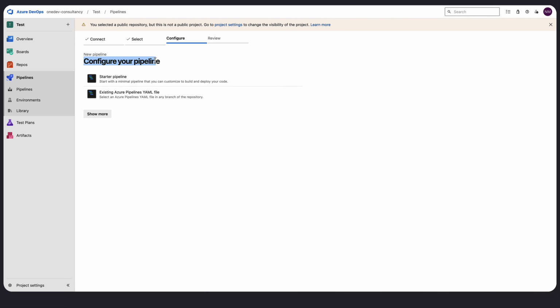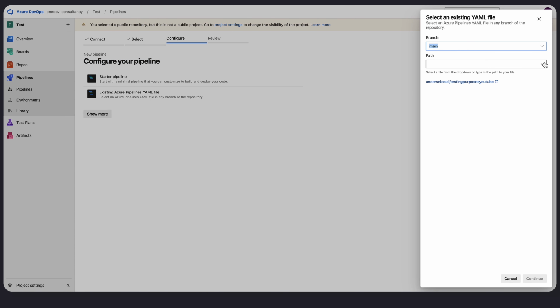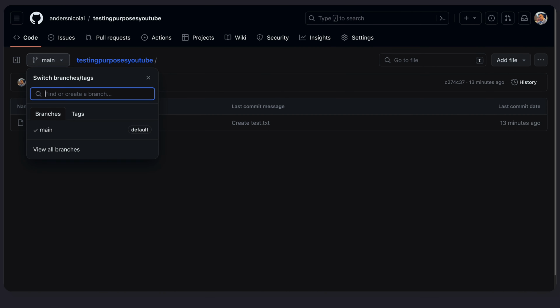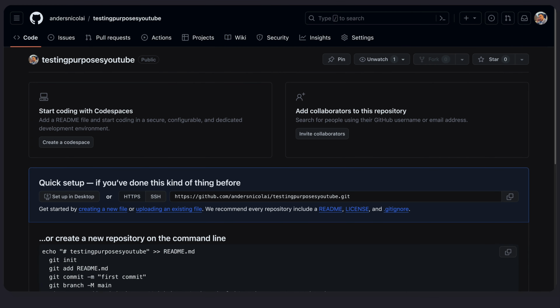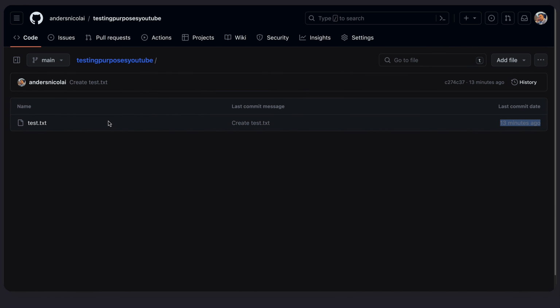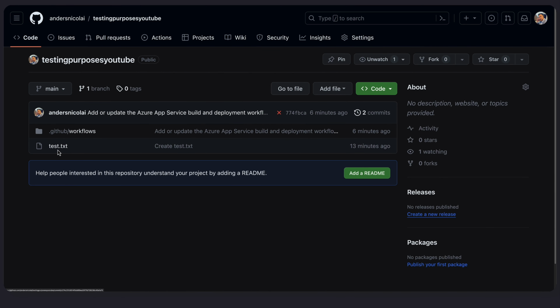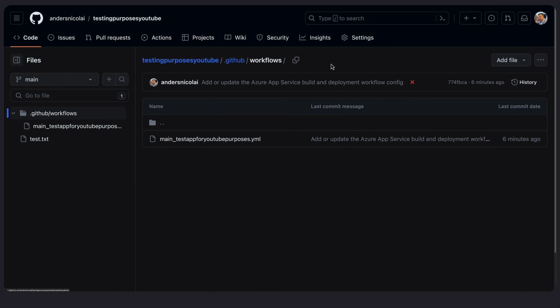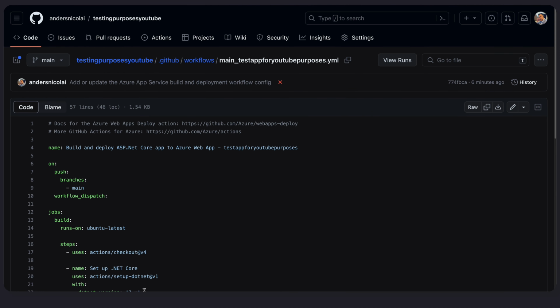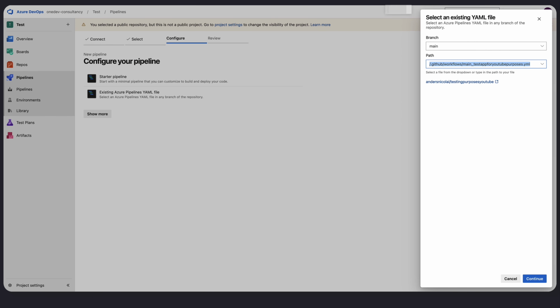You can see we can configure a pipeline for a starter pipeline or an existing Azure Pipelines YAML file. Let's take a look if we have any existing. Yes, we do have. You see it comes up here, the main test app for YouTube purposes, which is the one that got created when we created our web app, which is the one we looked at. Let's just update this. It's here, GitHub workflows. Notice that it says .github, which means it's hidden, and click on this file. Here we have it, and this is the same file I'm now interacting with using Azure DevOps,